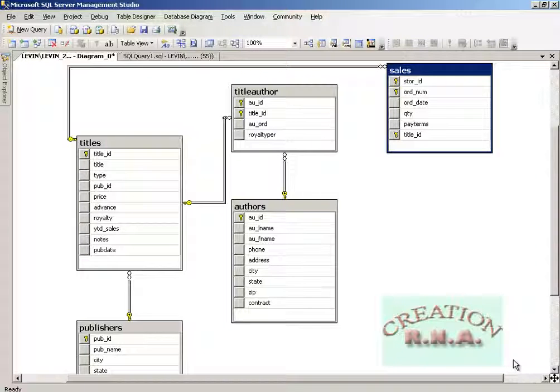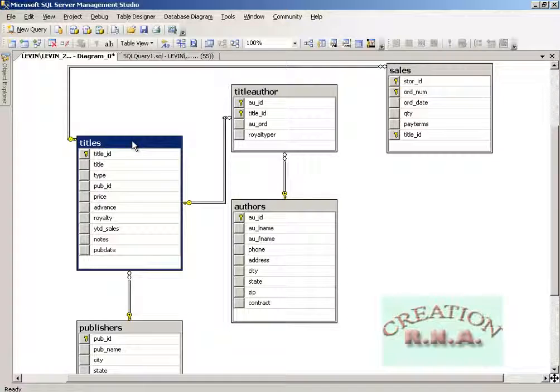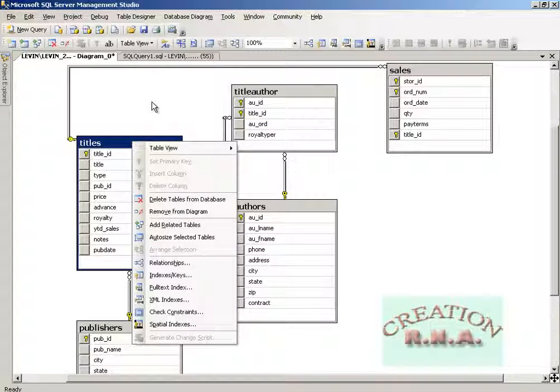It has a title ID connection. It has a title ID, the foreign key. And it has a store ID as a key, another key, order number as another key. They are all relating to other tables. Now suppose you wanted to add all the tables, you can add all the tables. I am not going to do that. Let's see what more it can show me.